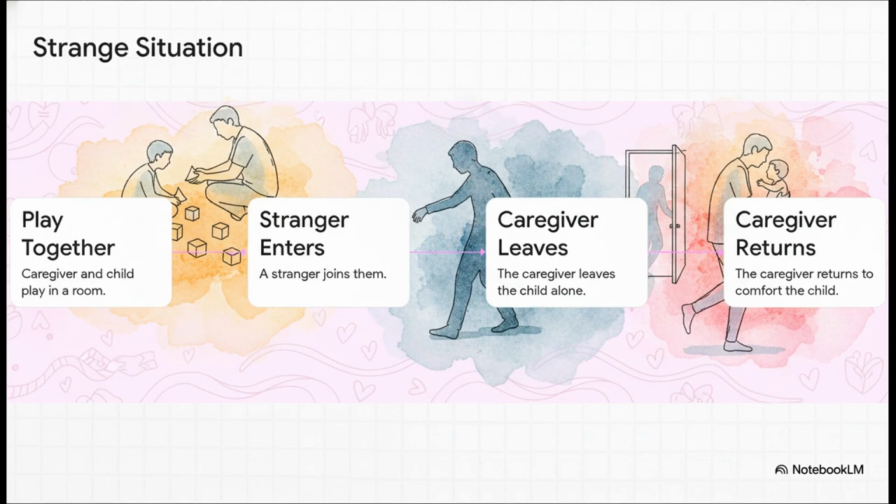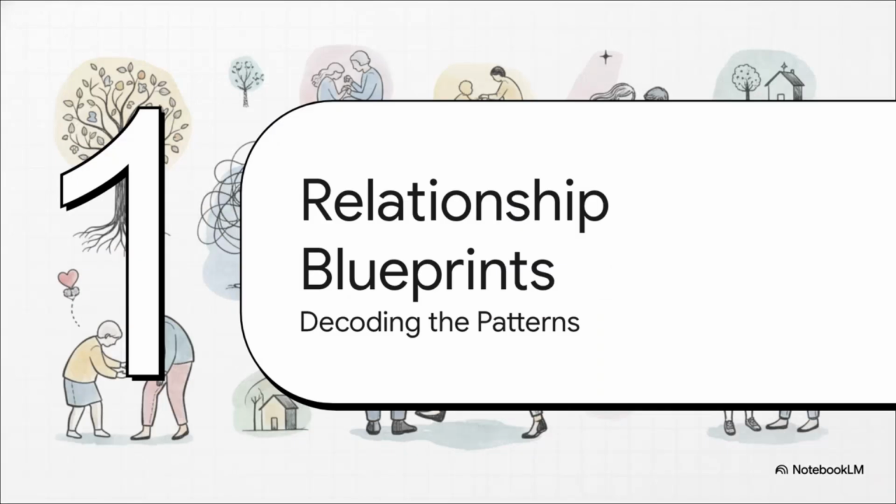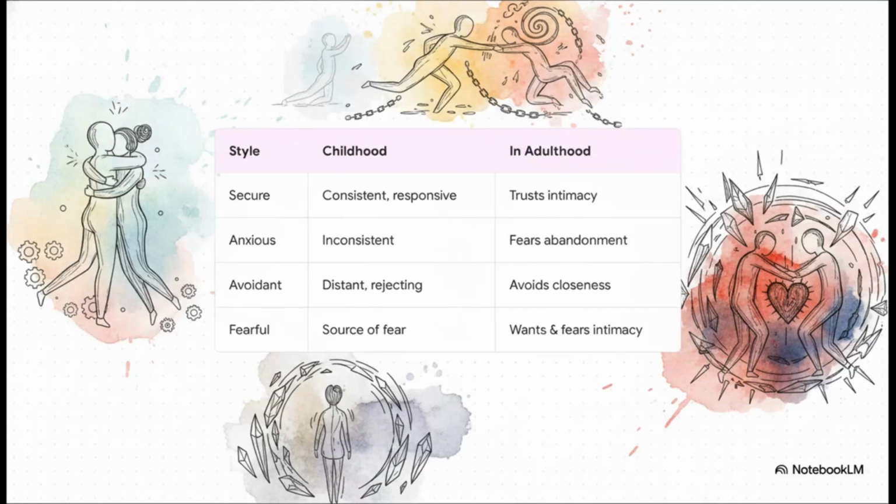But, okay, how do you actually see these different bonds in action? Well, a researcher named Mary Ainsworth created this totally brilliant experiment in the 70s. She figured out that the key wasn't how a child reacted when their caregiver left the room. The real magic, the big reveal, was how they reacted when the caregiver came back. That one moment, the reunion, said everything. And from watching these little reunion moments, Ainsworth and other researchers who followed her pinpointed 4 distinct patterns. You can think of them as the 4 basic blueprints for how we learn to love, to trust, and to connect with other people. All right, let's break these down.